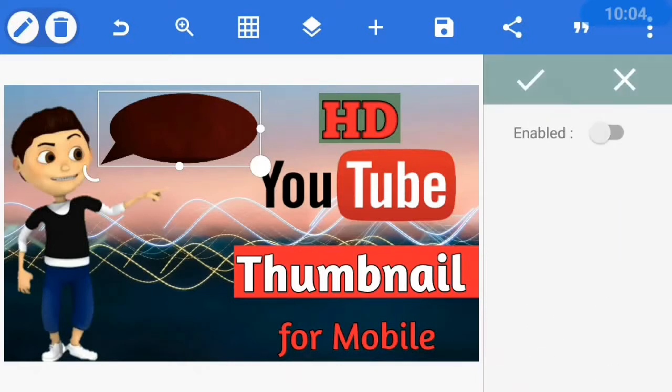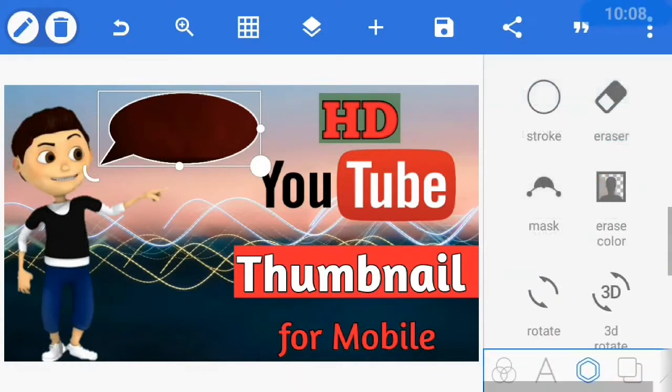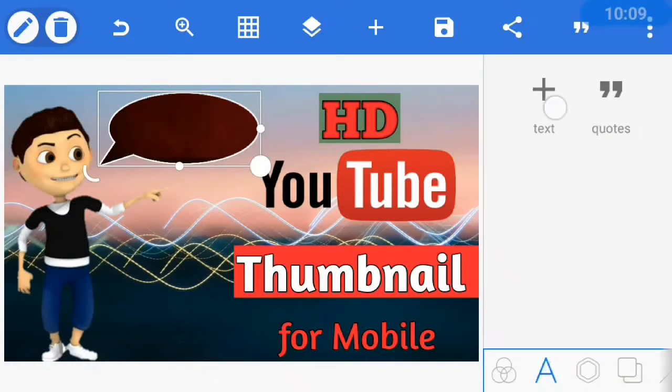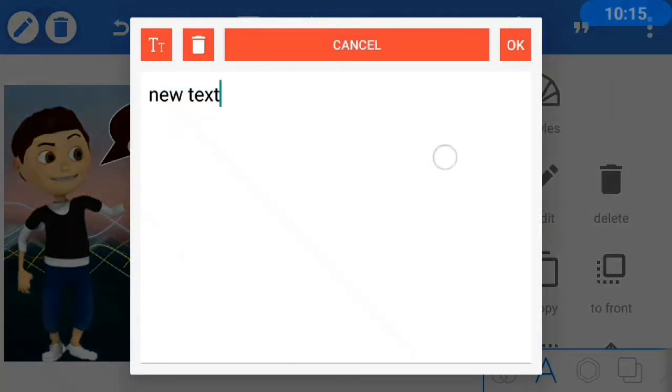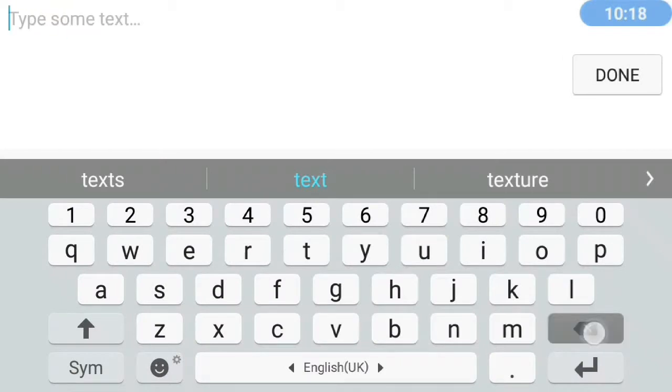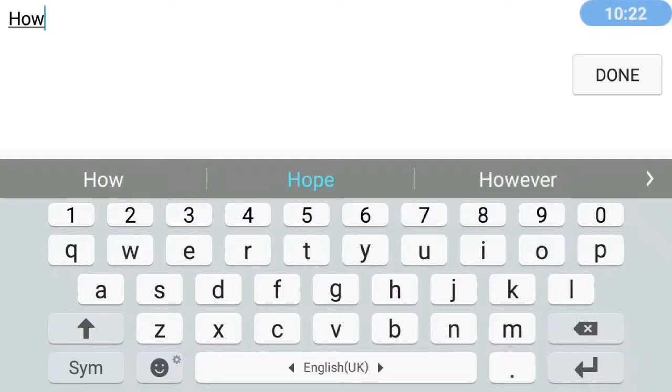Let me enable stroke. Here it becomes more visible. Okay, and now let us insert some text in the talking bubble, and again you can click on the pencil, then click on edit text and bring the text box to the correct position. Let me insert "how to make". Done. Okay,